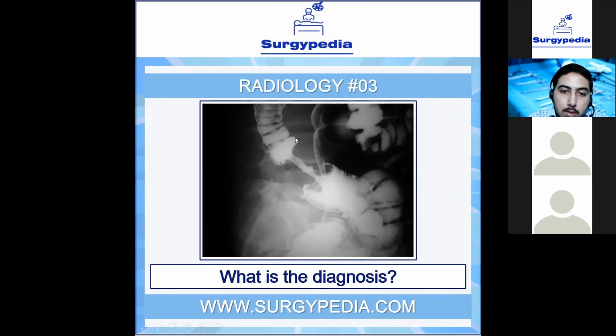Why? Because imagine that this was an apple, okay? This whole thing, it was an apple, and someone has eaten the outer part of the apple, someone has eaten it away and has only left the core. So that is why it is looking like an apple core. And this is a classical sort of finding in carcinoma colon.